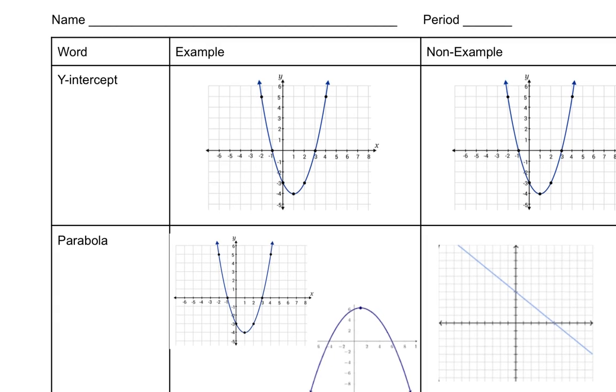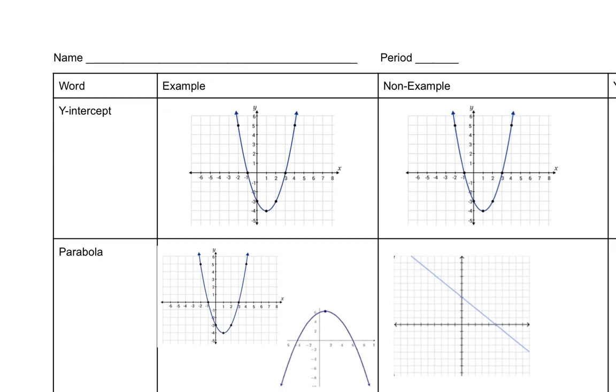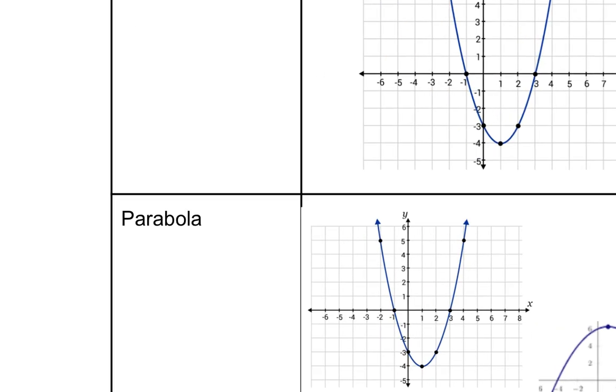So for lesson 3.1, that's this one, we're going to start with a parabola. That's my graph that's shaped like a U. Notice this is a non-example because this is a linear equation. For a parabola, we're going to start with two equations, standard form,